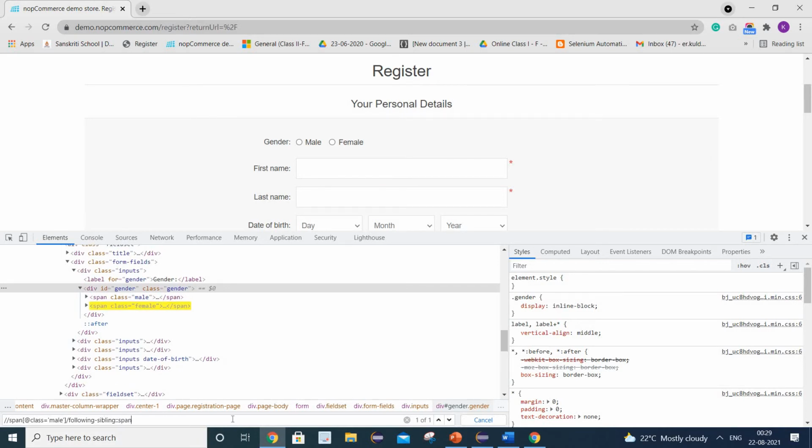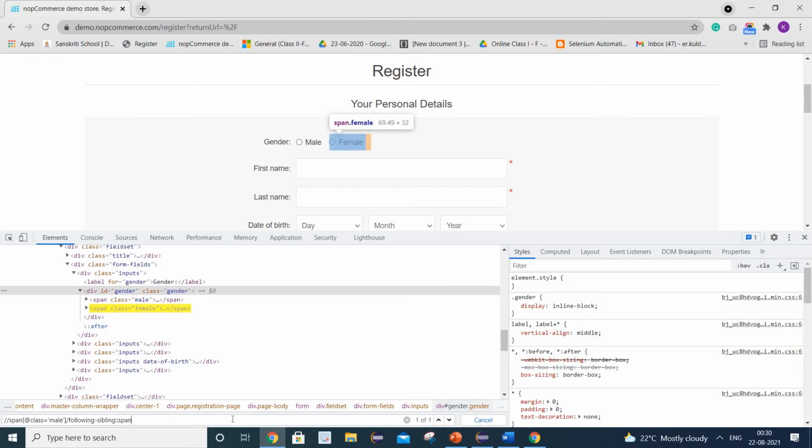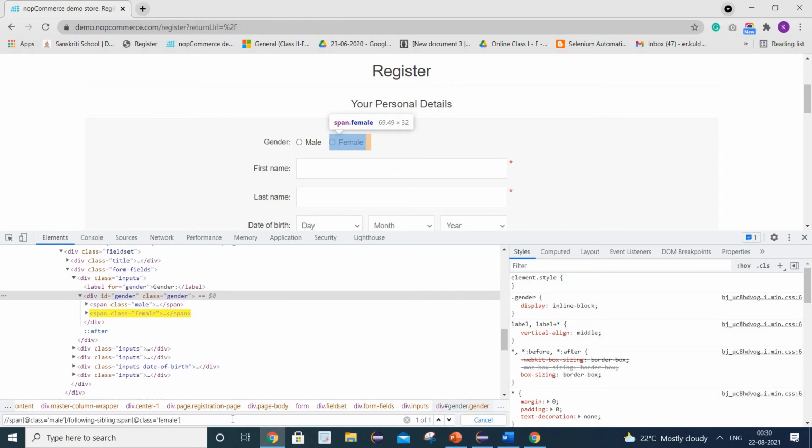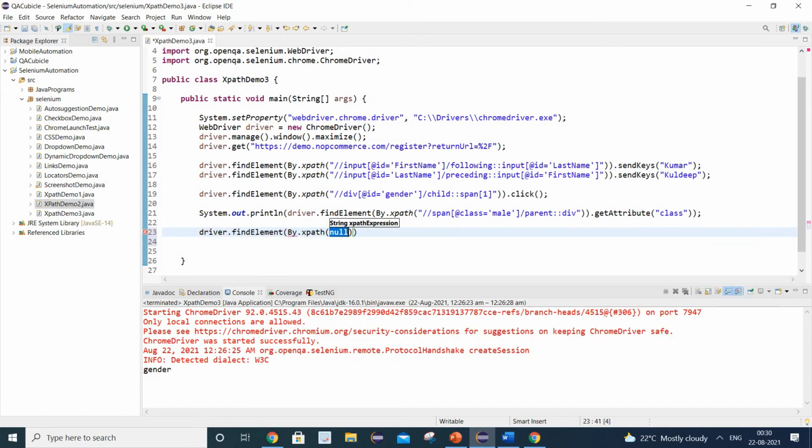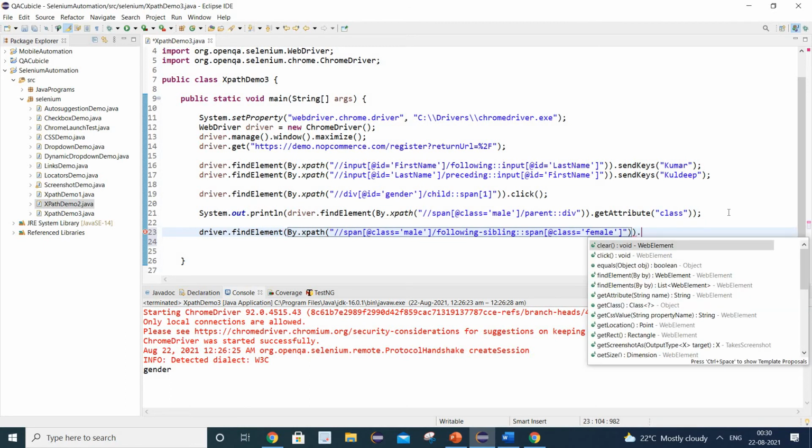Here it has only one sibling, so it is getting highlighted, and we can use the other attribute @class equals to female. In this way we have selected the sibling node of the male web element. We can write it like driver.findElement(By.xpath), and as it is the radio button, we can select it.